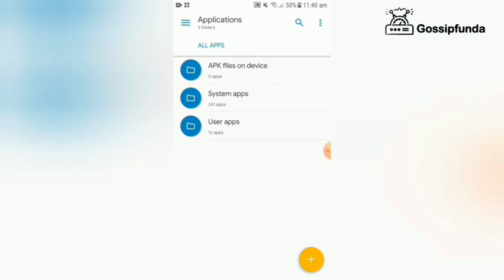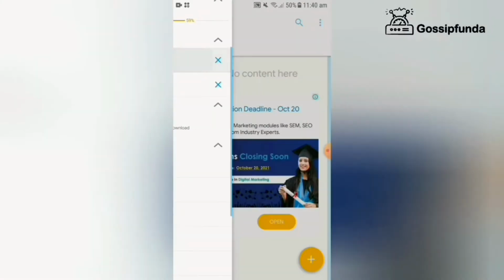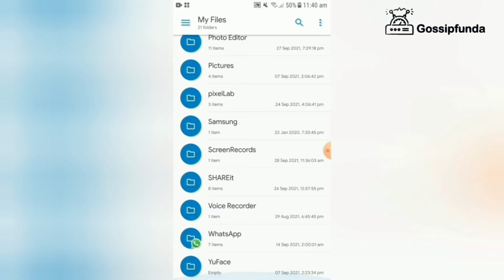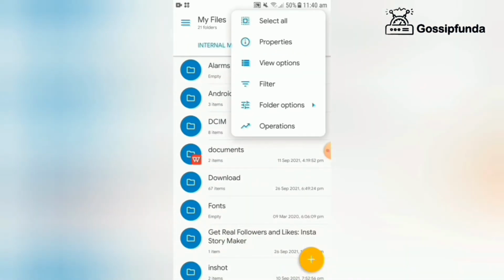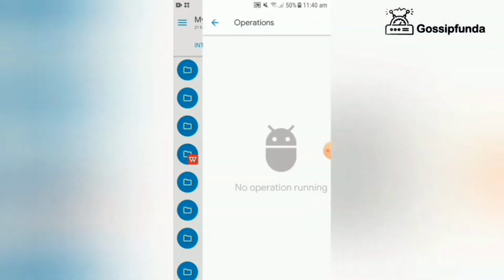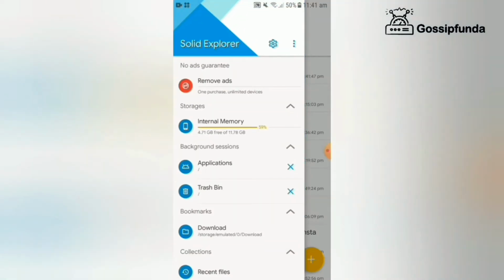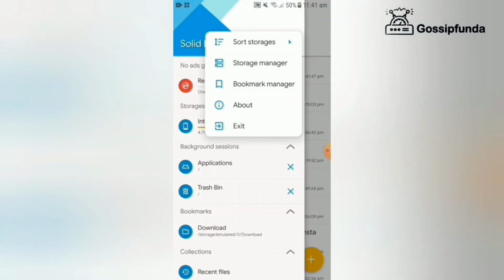You can even create your own folder or application files in it. You can see the operations on your files. You can sort your storage.